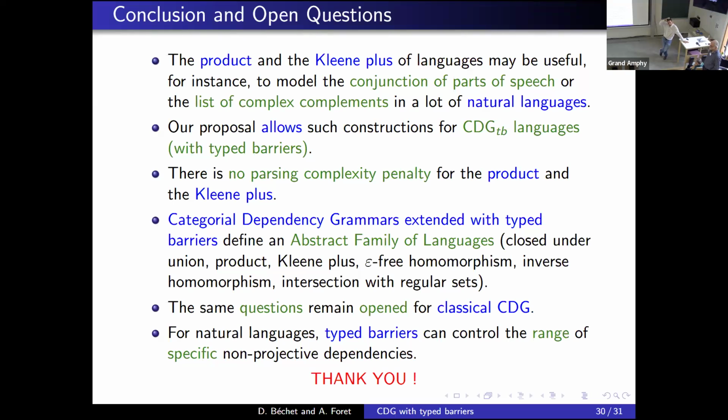A PhD student some time ago tried to learn whether it's possible to select if this one is a projective one and this one is a non-projective one. Perhaps that is something that can be done to solve this problem.